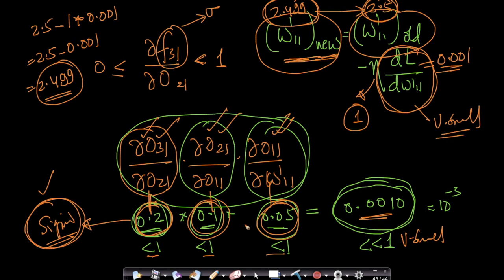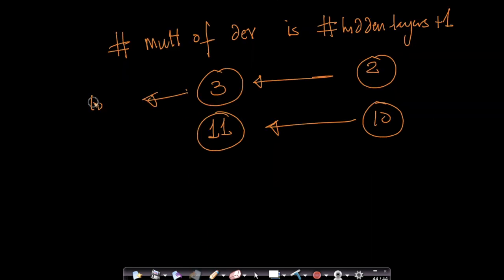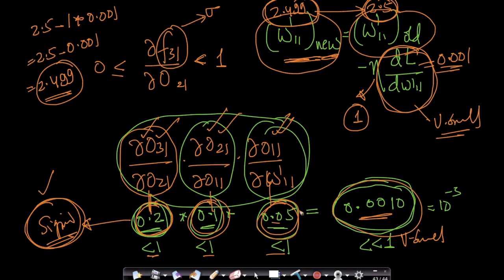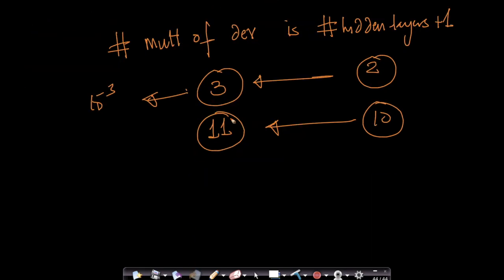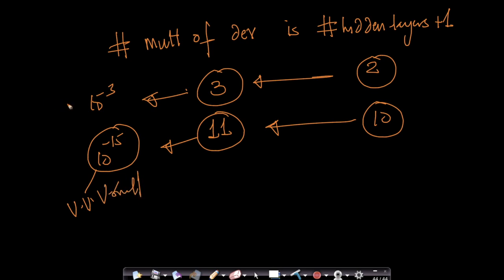If just with three multiplications of values less than 1, I got a very small value, right? I got a value which is 10 power minus 3, in this simple example. What happens if I have 11 layers? This value becomes like 10 power minus 15 or 10 power minus 20. Very, very, very small. If this is very small,